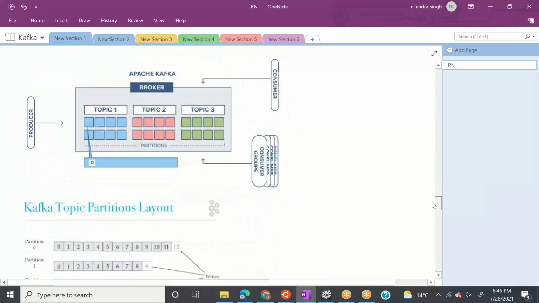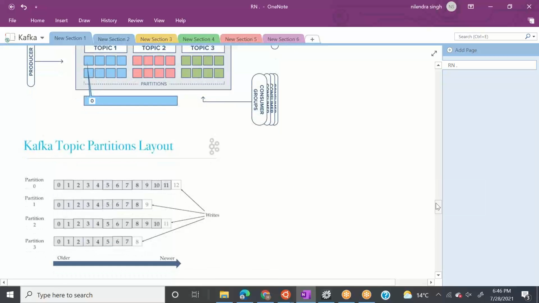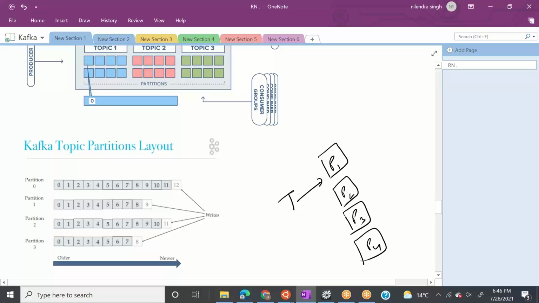Okay, this is good. Now one more important thing. We know that the topic is divided into partitions P1, P2, P3, and P4. Now Kafka maintains the messages in each partition by offsets.